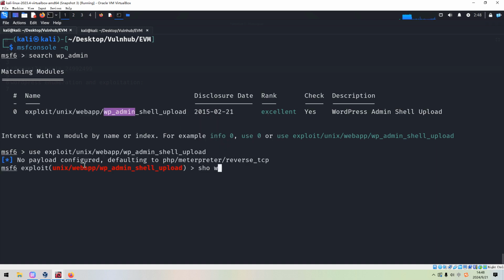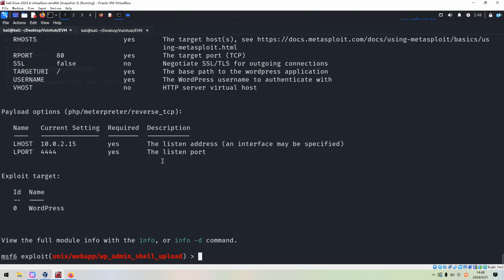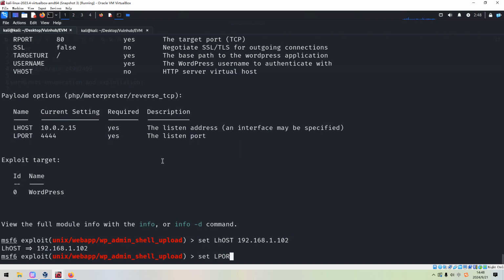And we can show options. We can leave the payload to default, it is okay, we do not need to change. Then we need to set the local host to our Kali Linux, and set the local port number to 555, which is my favorite port number.